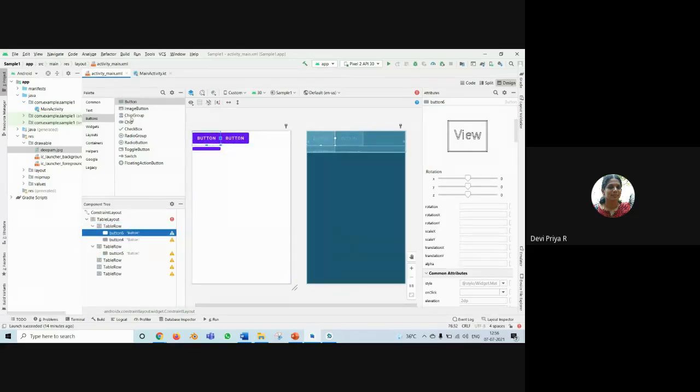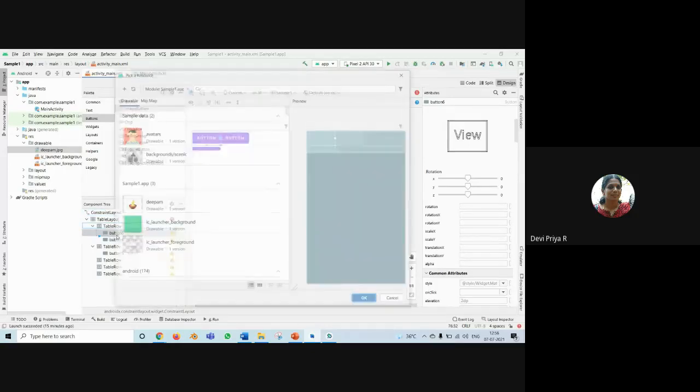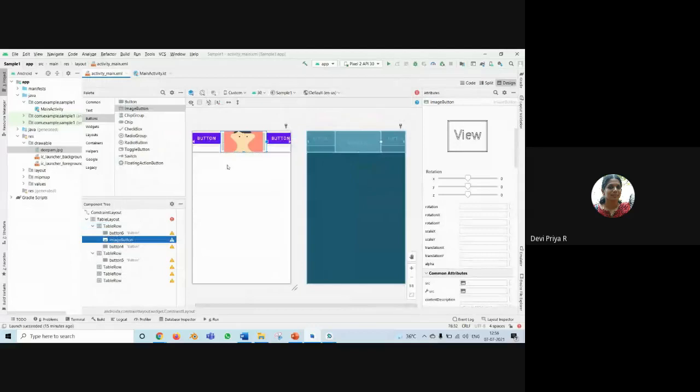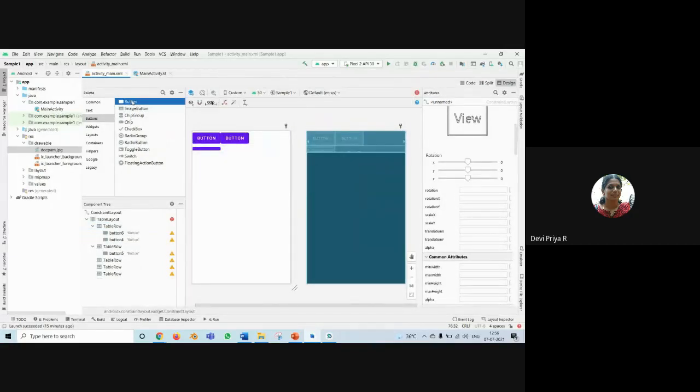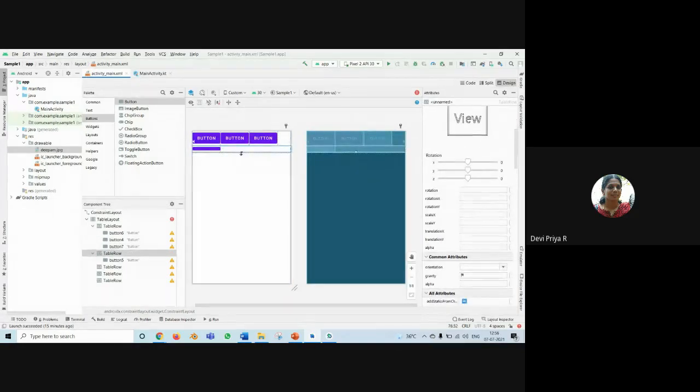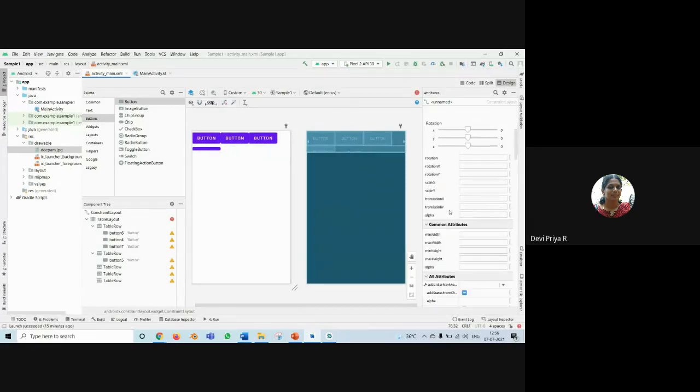See, if you want to add one more image button, that means you can add any type of image button, which asks for an image. So let us add a button so it will be looking nice. You can directly place it here or you can place it here also. And you can adjust the height, the weight, everything here.